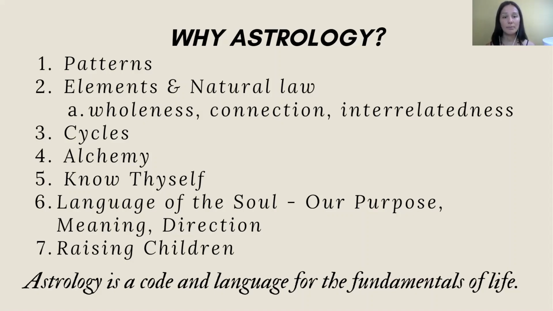And that brings me to number six, which is about purpose and meaning. Astrology gives me purpose and meaning. It shows me why I'm here and what I'm here to work on and learn. What does it mean when Mars is in Taurus? That means that Mars, the planet of Mars as my teacher, is showing me what my soul wants to work on, and that's in the field of the Taurus energy. We'll talk more about what that could mean later.